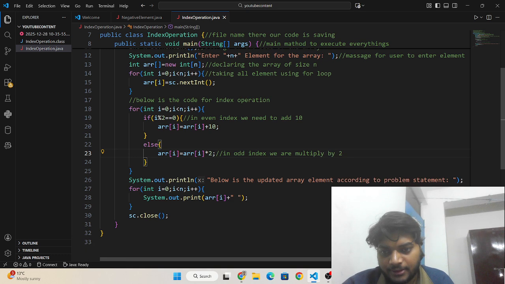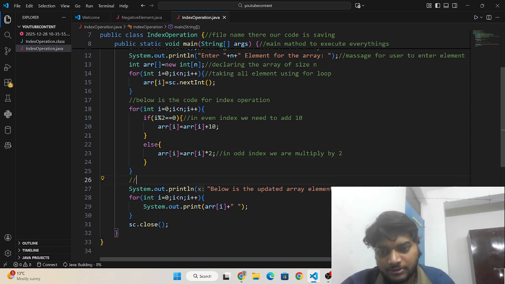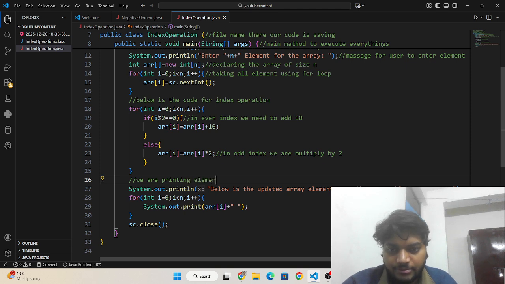Okay, and then after that we are printing the elements of the array after the update.